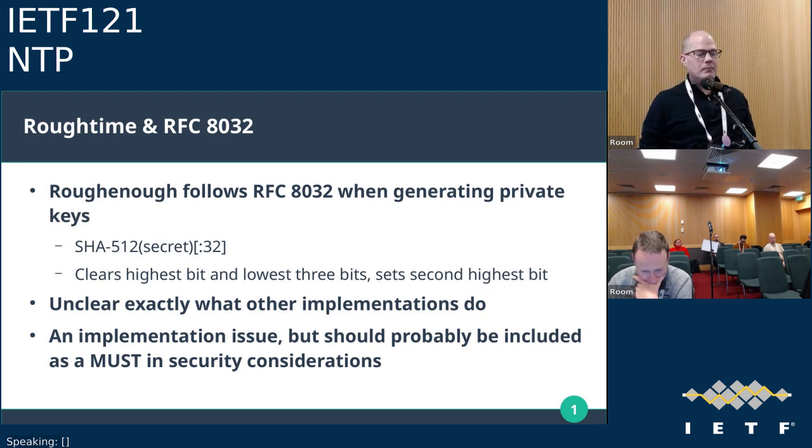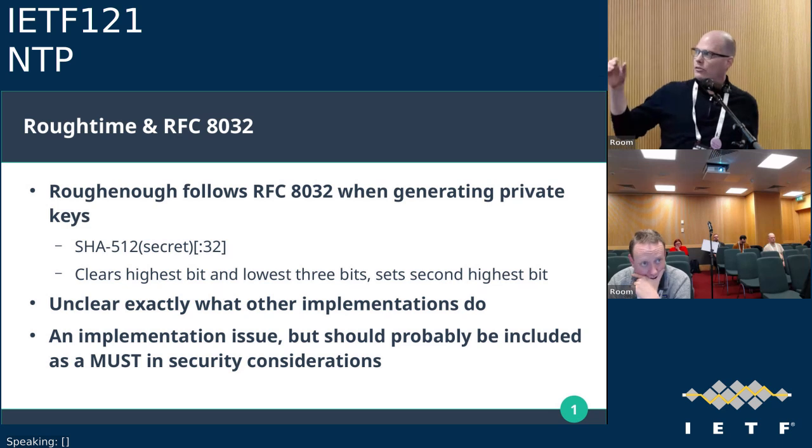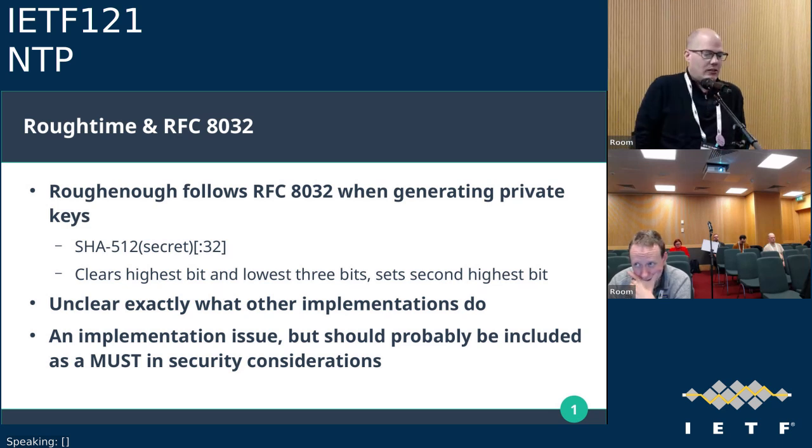Most implementations generate their private keys simply by generating a random 256-bit number and using that. However, if you look in RFC 8032, it tells you that you should use this 32-byte secret, hash it, take the first 32 bytes, clear the highest bit, clear the lowest 3 bits, and then set the second highest bit, and that's your private key. The reason for that is that if you get unlucky and get these bits set, then that might enable some attacks,